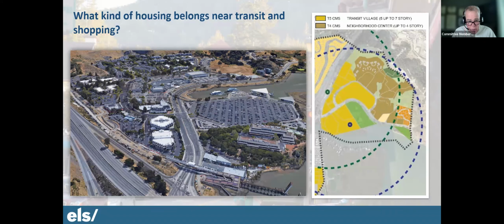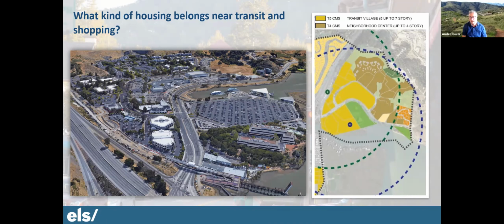Sure. I think the question is really, because we don't have a choice, we can't undermine it. We'll get sued. So the question really is whether our design standards are allowing more than we need in order to meet our statutory obligations, and more than what would be consistent with the expectations of our community.